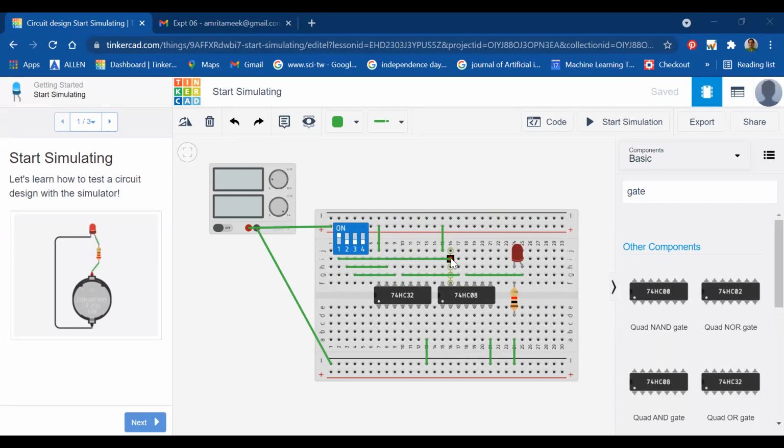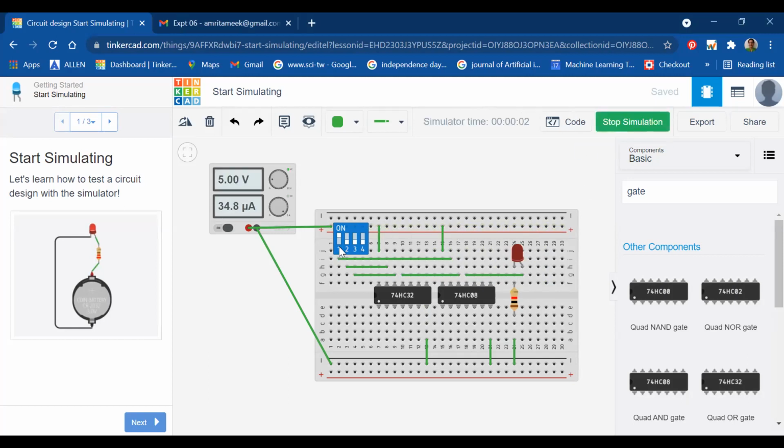So here on pin number 13, I have given A, and the output of the OR gate has been given to my next input. You all know that the 14th pin is VCC and the 7th pin is grounded for both the ICs. And here is the output of my AND gate. This is pin number 13, 12 and 11. So this pin number 11 is going to the LED to show us whether it is high or not. We have all seen the truth table, so I have kept the output of this as 1 only. And now I am going to start my simulation.